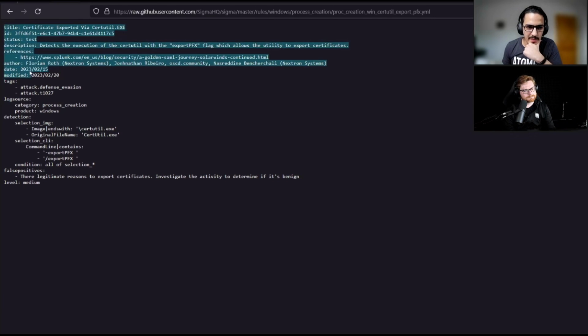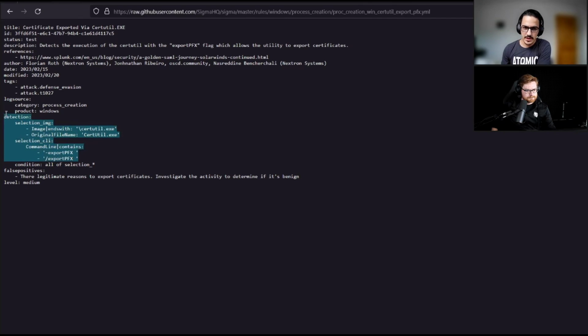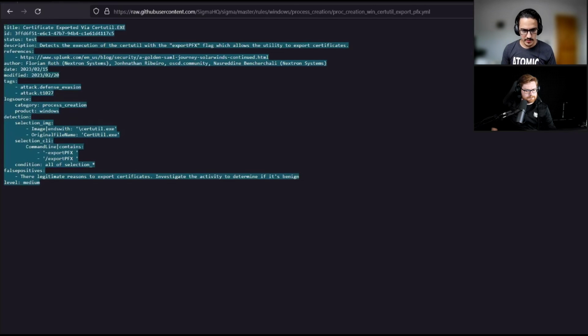So the metadata section describes what your rule is going to detect and any references that might help the author. And then the meat and the gist of it is the detection section, which is pretty straightforward. So let me grab this and move to the editor, so it will be much more colorful.